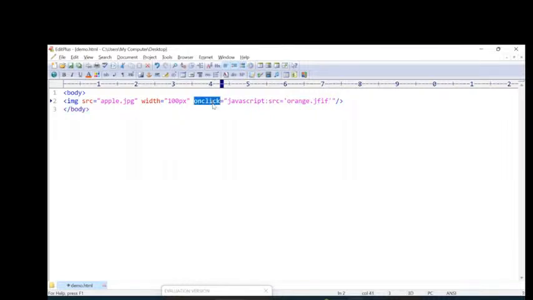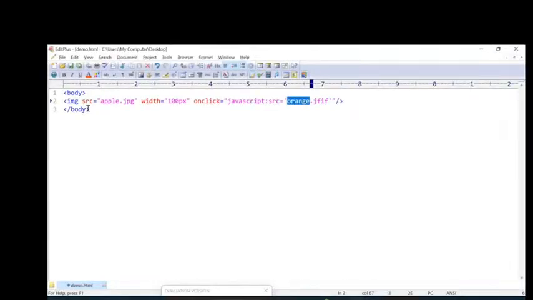So now I have given a statement where onclick is equal to javascript colon, source we are changing. The original source apple.jpg, I'm changing to orange.jfif. Refresh, click, now it displays orange.jfif. Like that, when you want to change the properties of an HTML control at runtime,